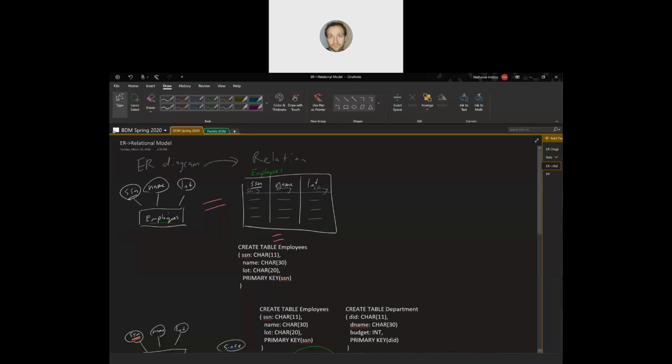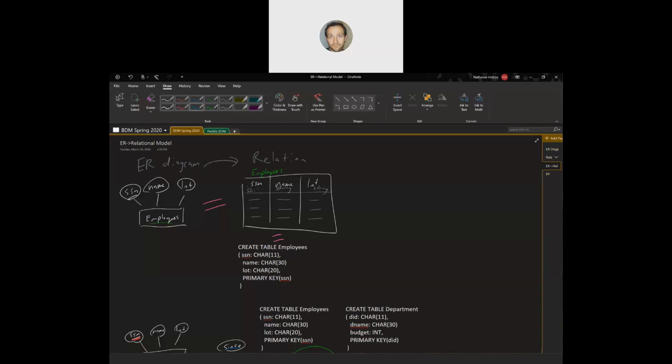Entities are very easy. They can be represented as a table with a primary key. Of course, each of the attributes in an ER diagram becomes a column in the table, and there has to be at least one primary key inside of a relation. If there is no specified primary key like this, if I were to get rid of this SSN, this would still be okay, but